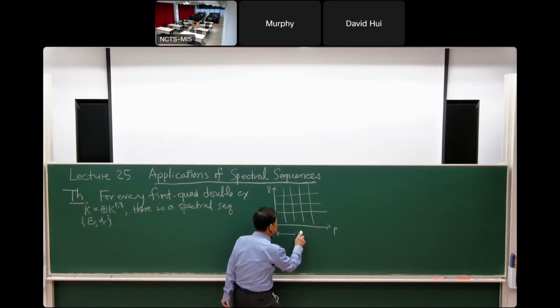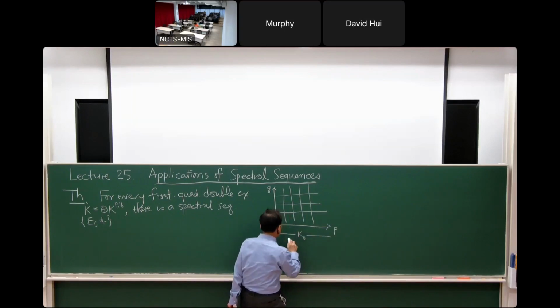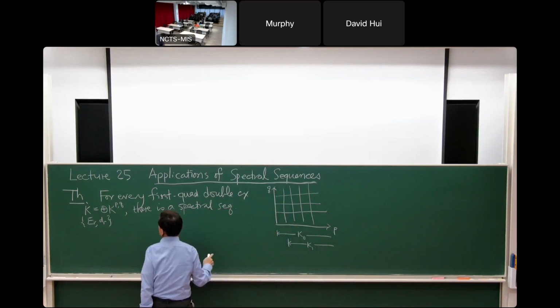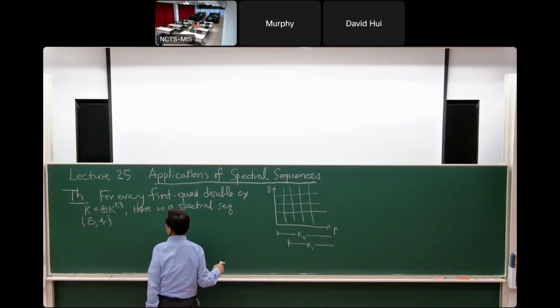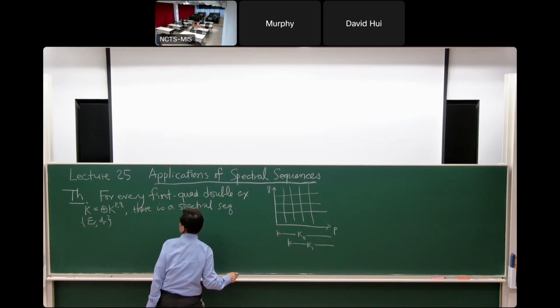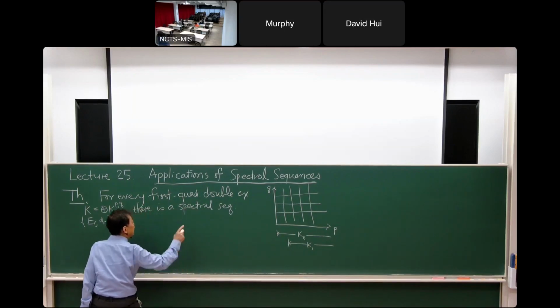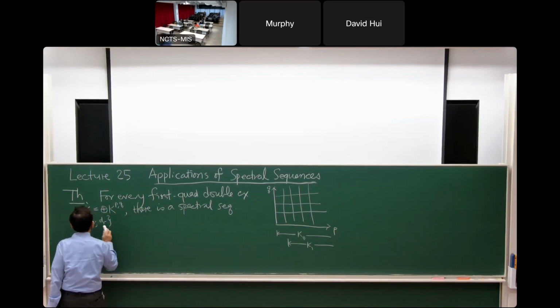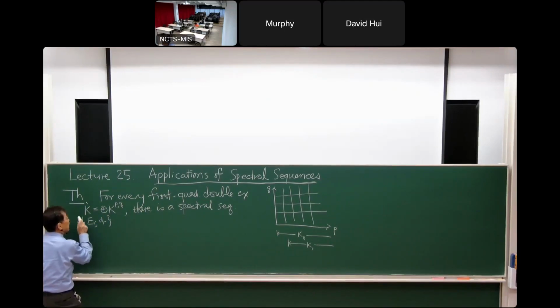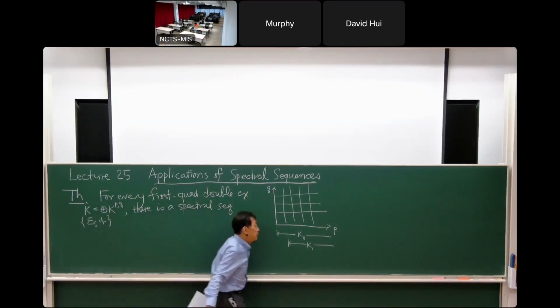So this is K_0 and then K_1 and so on. I need to say: for every first quadrant double complex filtered by p,